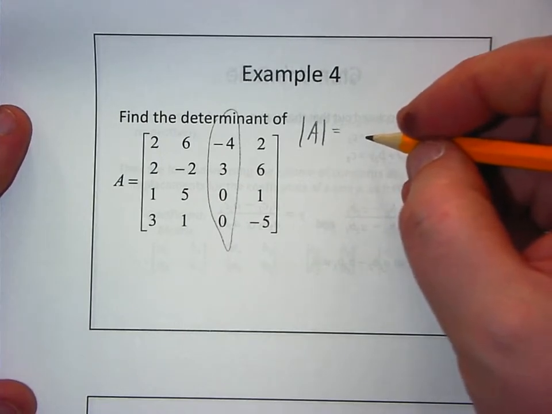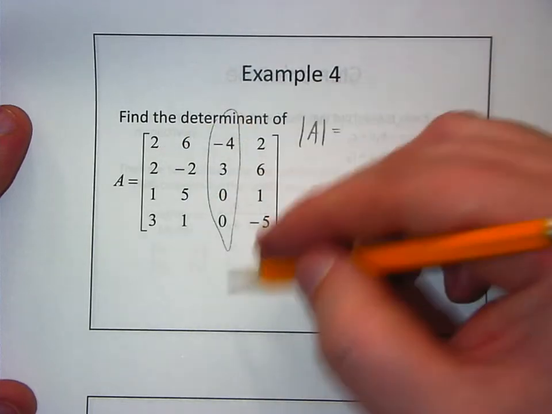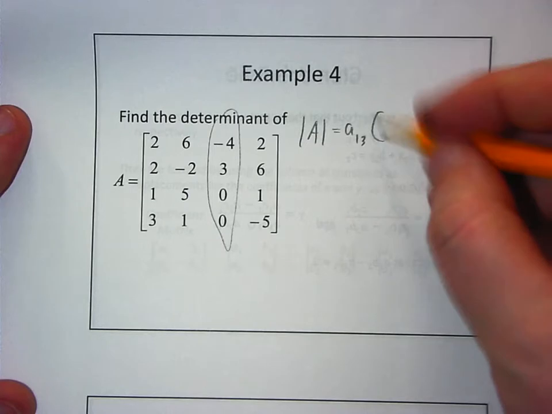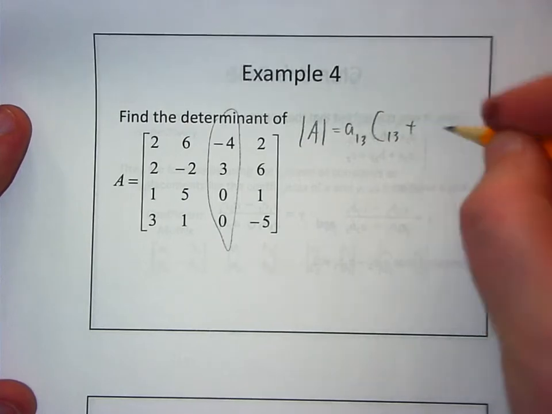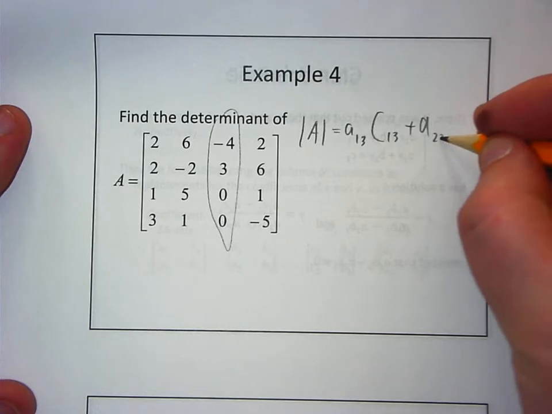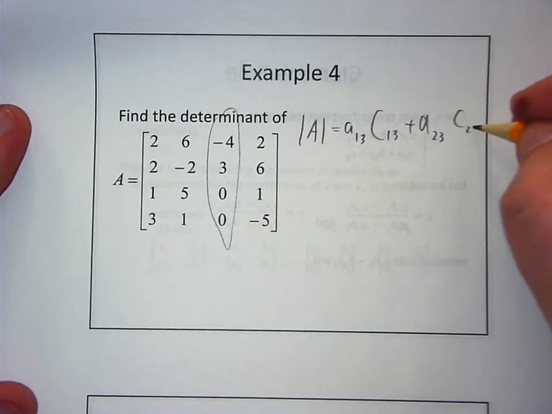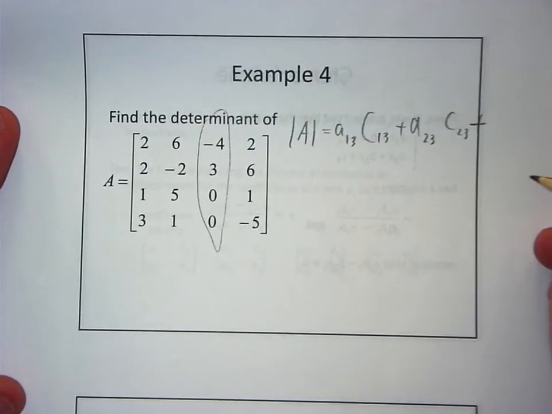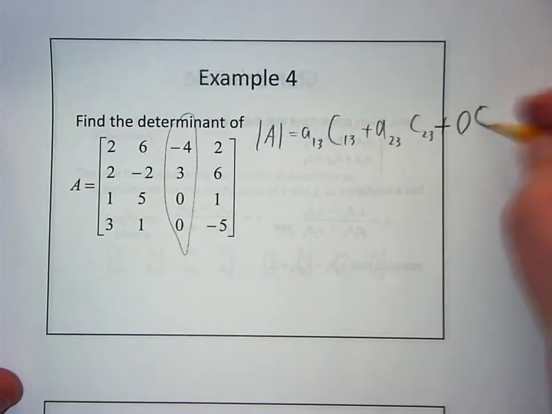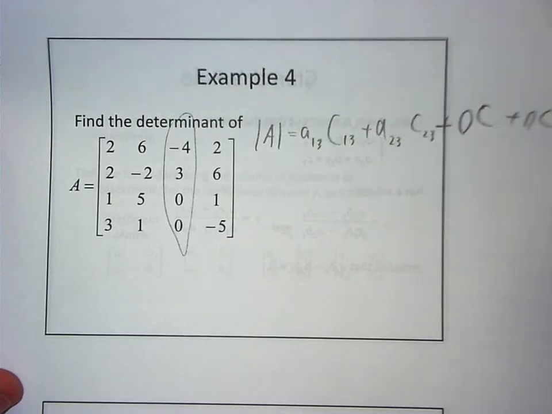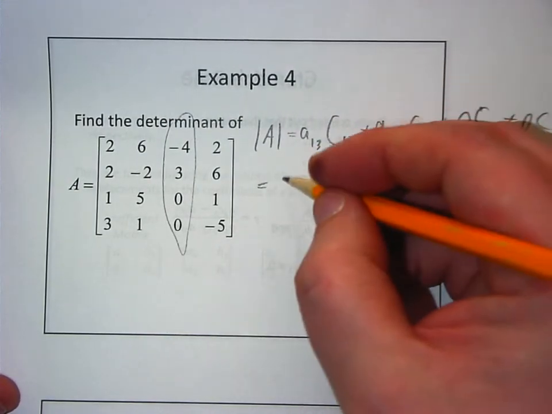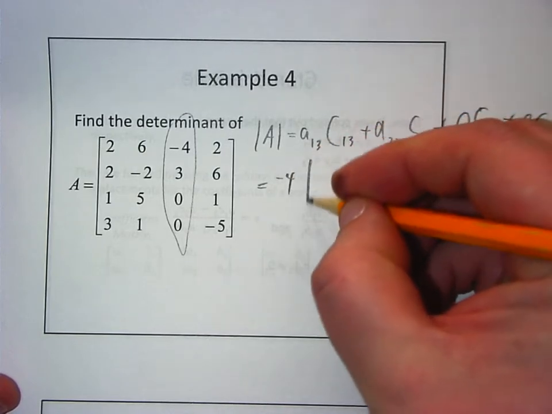Negative 4. Yeah, row 1, column 3. It'll be negative 4, but the A, 1, 3, times the cofactor of the same thing, plus 2, 3, times cofactor of 2, 3. Now from there, honestly, what's A, 3, 3? 0 times whatever, plus 0 times whatever. So all I really need to do here is find negative 4 times,